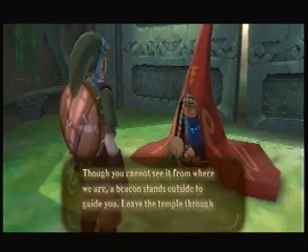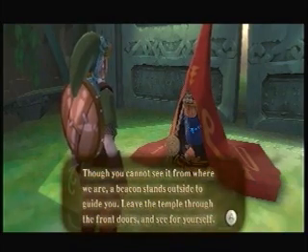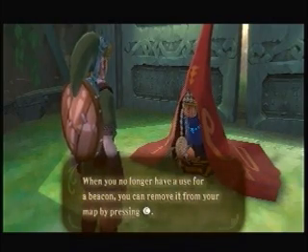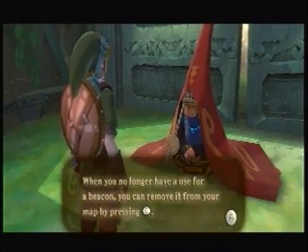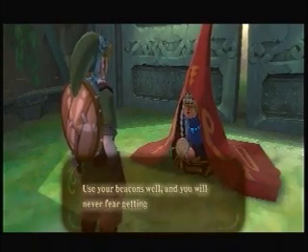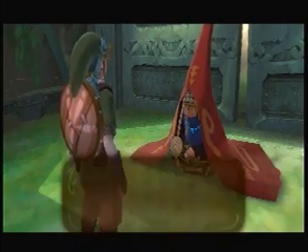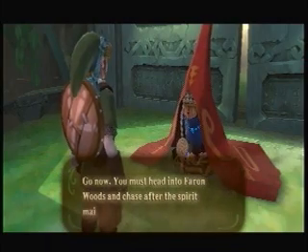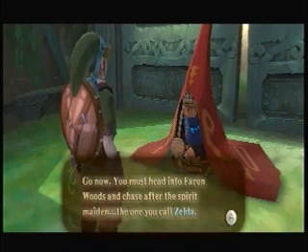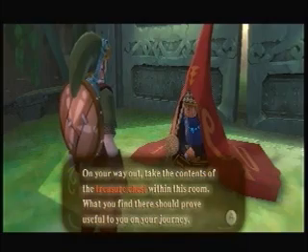Though you cannot see it from where we are, a beacon stands outside to guide you. Leave the temple through the front doors and see for yourself. When you no longer have use for your beacon, you can remove it from your map by pressing C. Use your beacons well, and you will never fear getting lost. Go now. You must head into Farron Woods and chase after the Spirit Maiden, the one you call Zelda. On your way out, take the contents of the treasure chest within this room that...